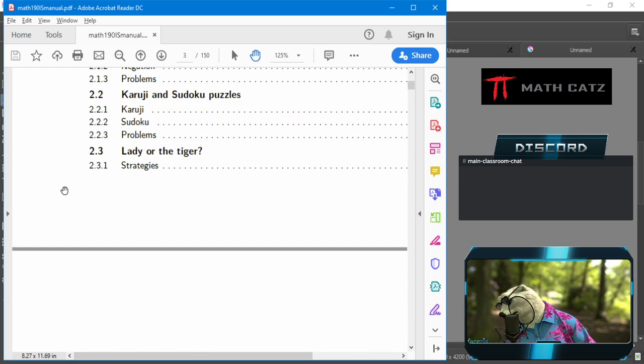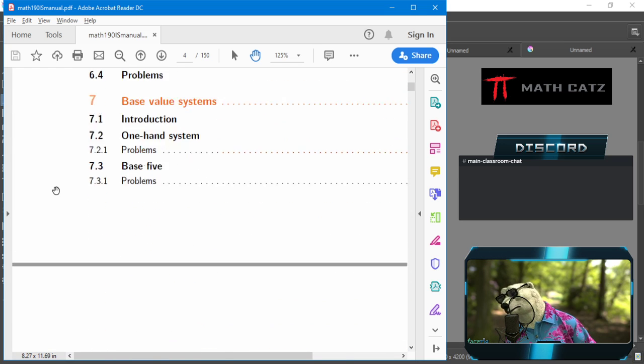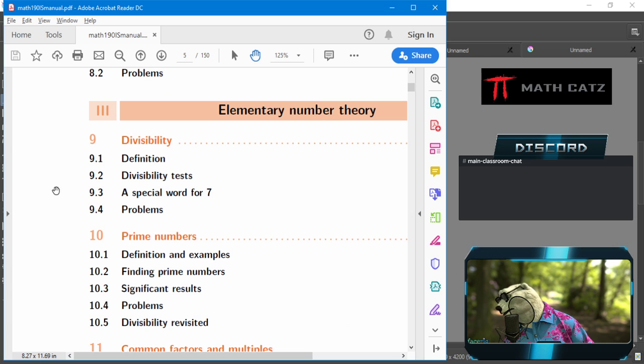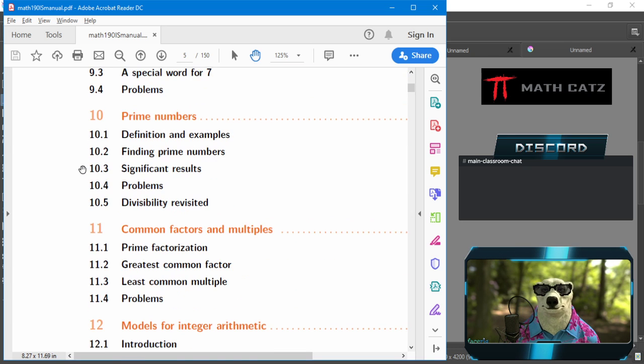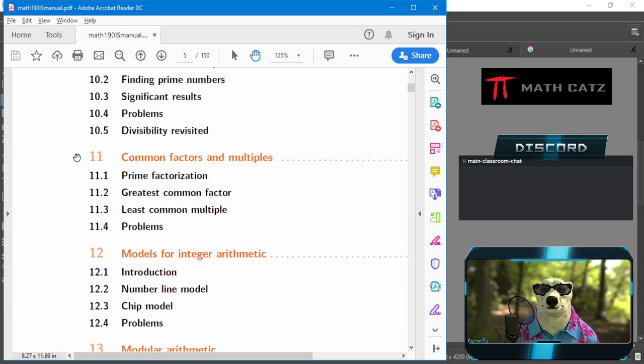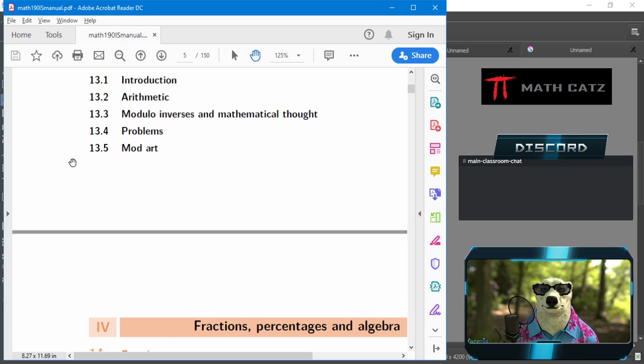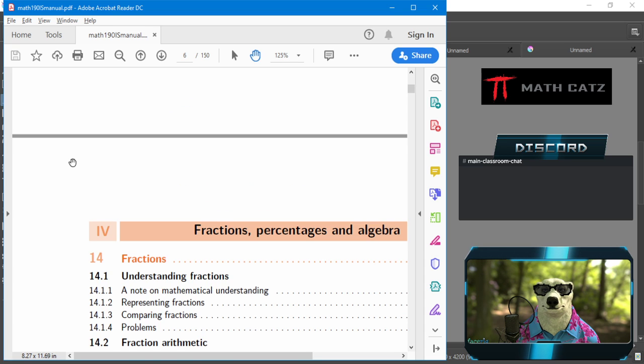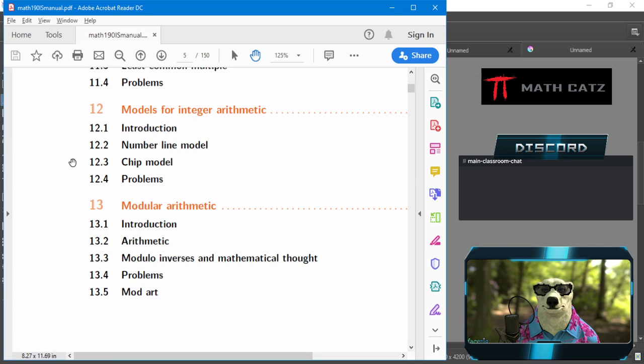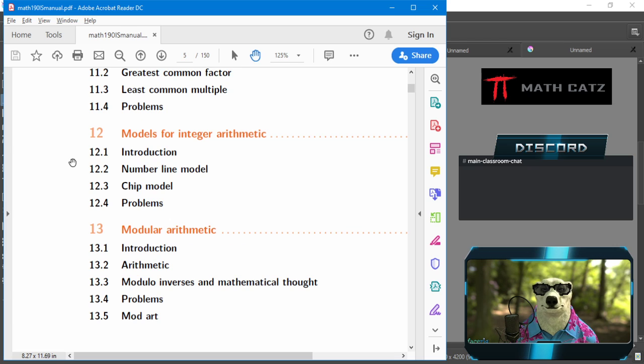Let me think what page 5 is. Not that it matters, really. We have divisibility tests. We have prime numbers, finding prime numbers. Then the factor trees. Oh, I'll have to get back to you on what page 5 is. That is a good question.